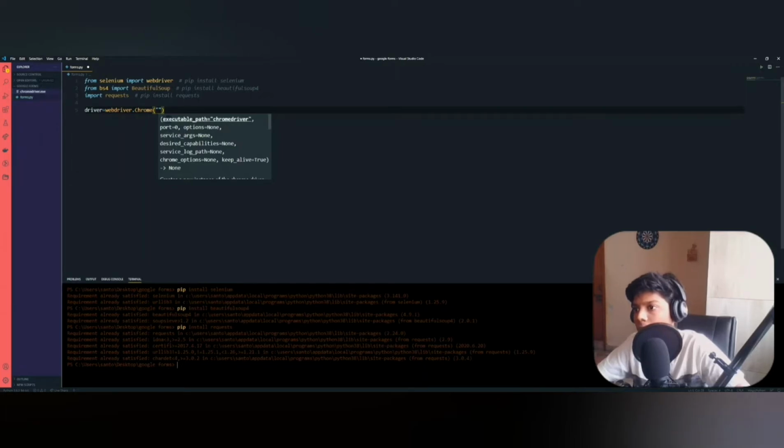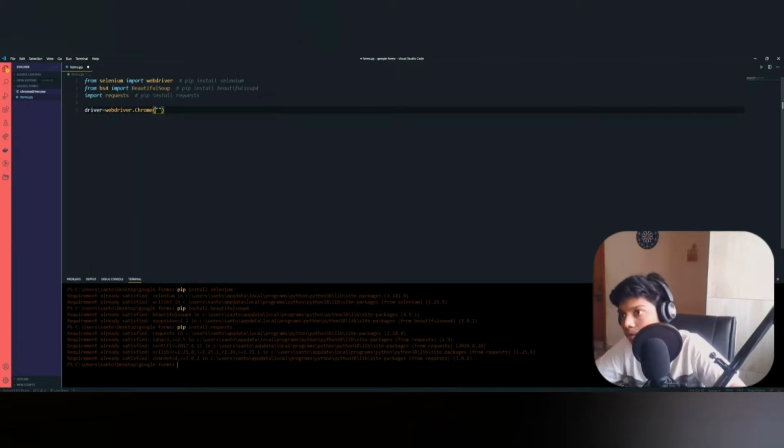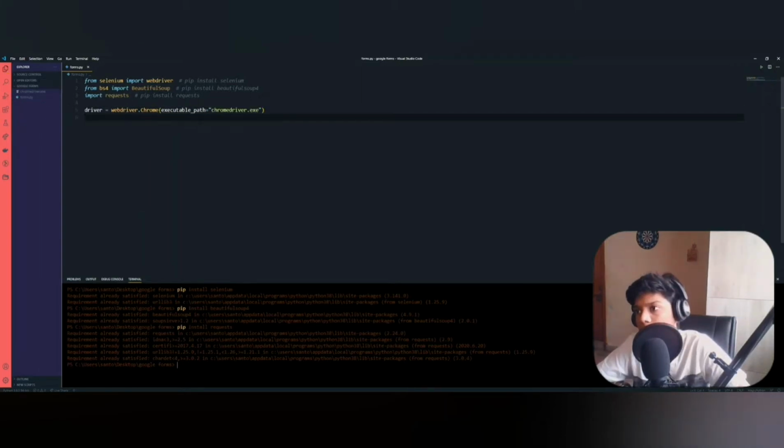Here we need to pass the executable path, that is the exe file. You can just copy this. Because I have the Chrome driver in the same folder, I can just paste the name with the extension. And here you can just paste the URL.